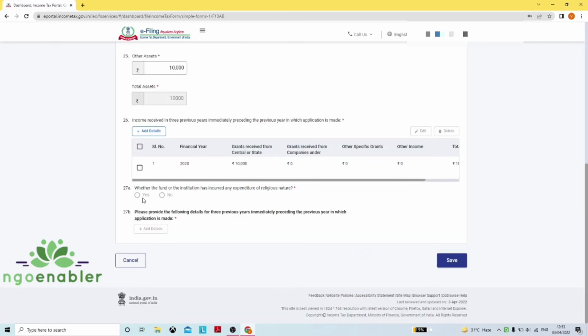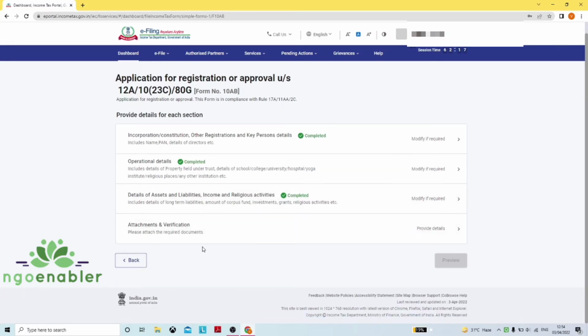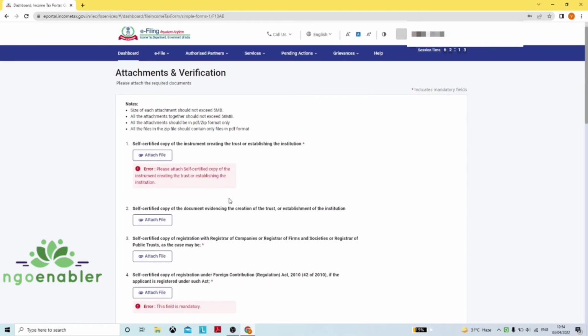Finally, coming to point number 27A and B, which shall become active only in case you select religious or charitable cum religious as the nature of activity in the first section at the time of renewing the ATG registration. So for the time being I am clicking on save, and you can see here that it is also completed with a green tick. Then comes the attachments and verification section,